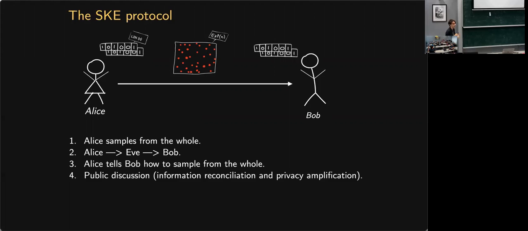Yeah, you're right. Could you say a bit more precisely what it means to sample? So Alice, in the first step, has generated some random positions, and then she has copied the bit that is in the state at those random positions. So Alice already has access to a random sequence of positions within the exponential string. Yes, exactly. That means that in step 3, she has to communicate all those positions. And this set of positions could be, for example, just the beginning of the exponential state. She just takes a little part and keeps it.